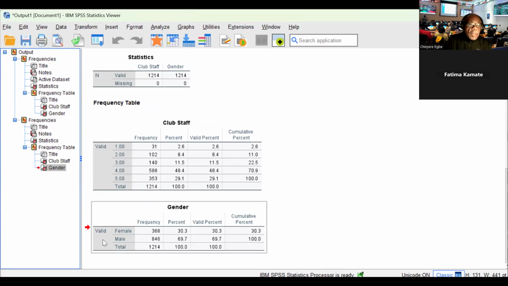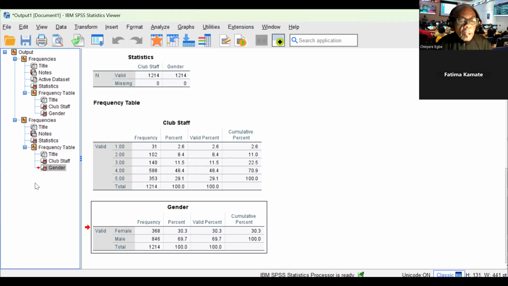Okay. All right. So you can see there are 368 females and 846 males in this sample, because I went and labeled, I put values on the label. In the file that I will load for the class, I'm going to label them fully so that you can see what the values 1, 2, 3, 4, and 5 mean. Instead of the original 1 and 2 for male and female, you now see that there's female, there is male. You get it? Yes, I understand.